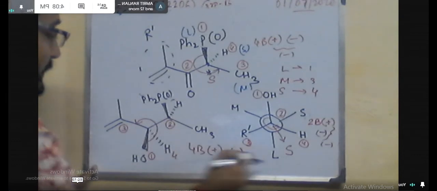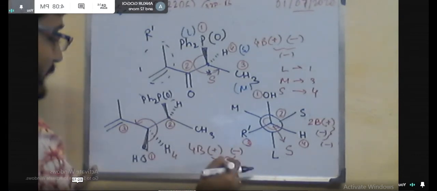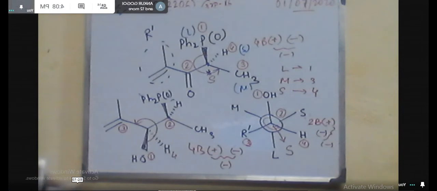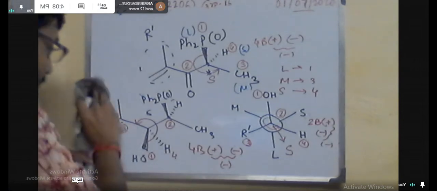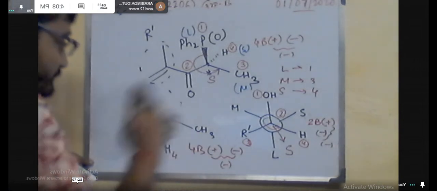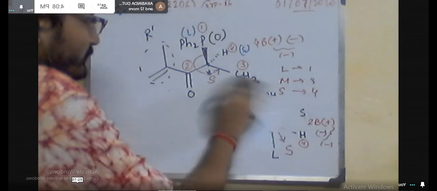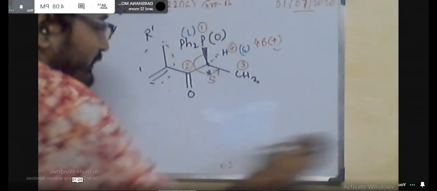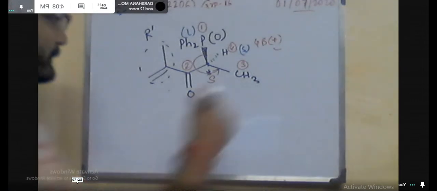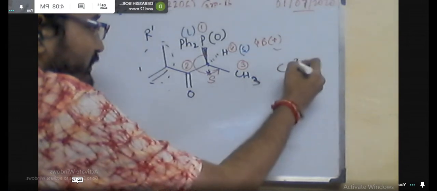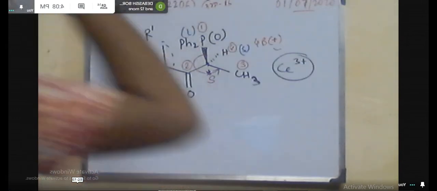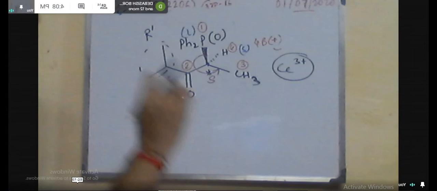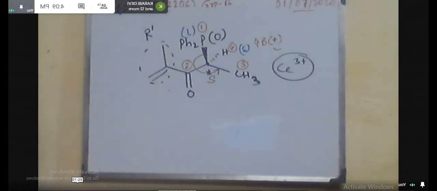Now in the same molecule you are getting two different chelating positions. So they cannot individually bind with two separate cerium groups because you are using one equivalent of cerium. So when you are using one equivalent, the conformation will be in such a fashion that both the groups, or both the oxygens, can bind with one equivalent of Ce3 plus. So if this is the scenario, then there will be the chelate model.